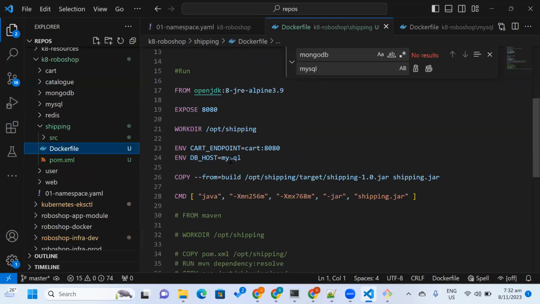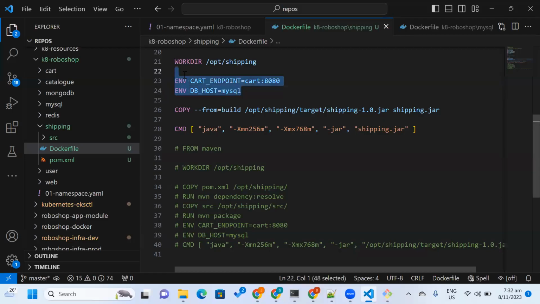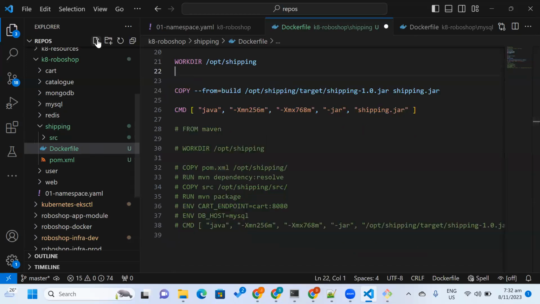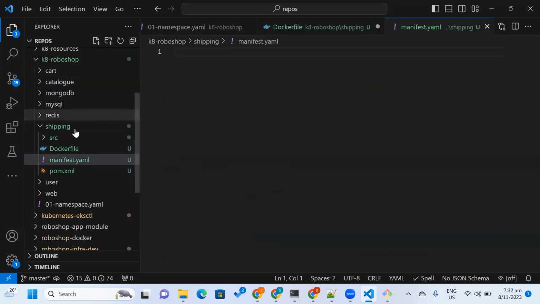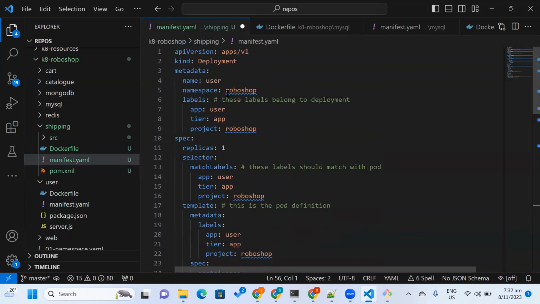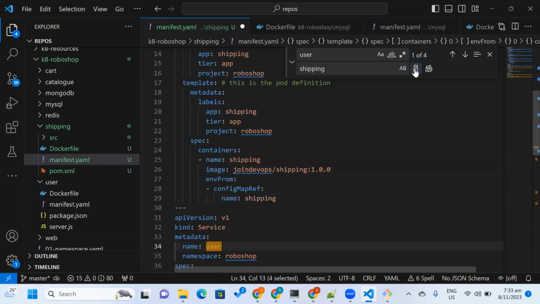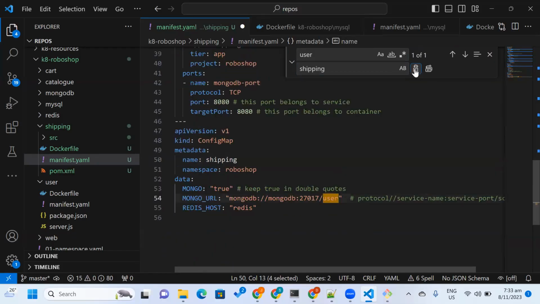Check the Dockerfile, can keep them as part of config map: port, endpoint and then DB host. manifest.yaml, and just copying the user manifest, pasting here, replacing with shipping, and then inside this config map,